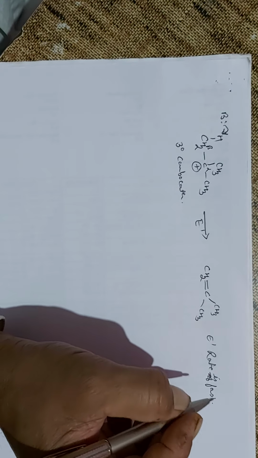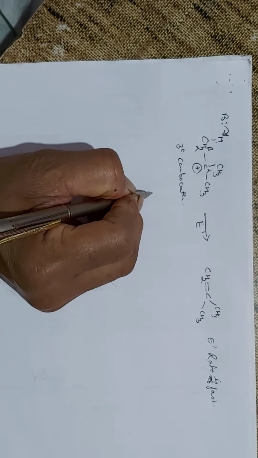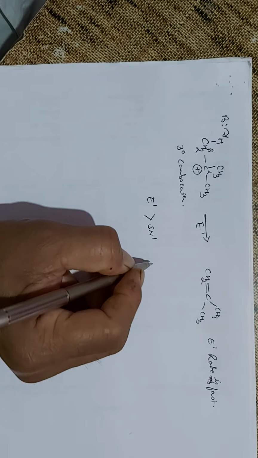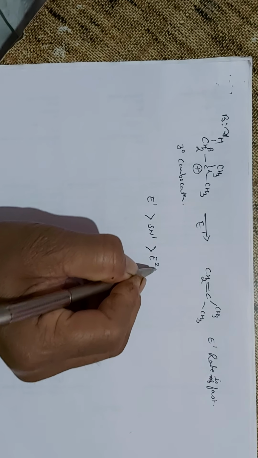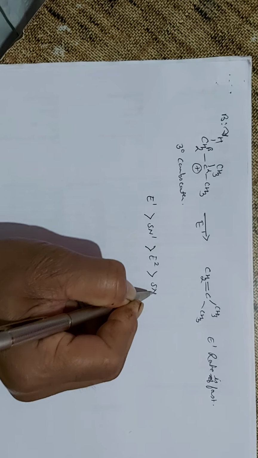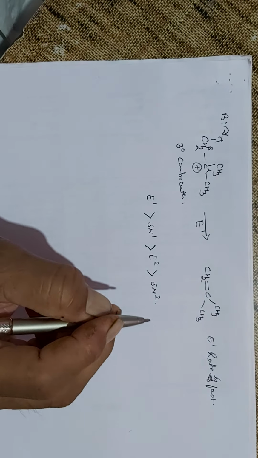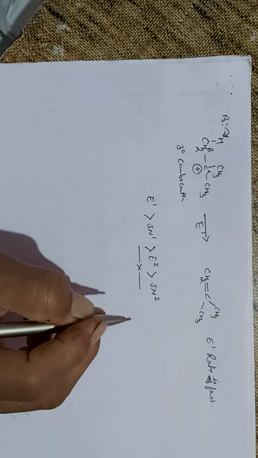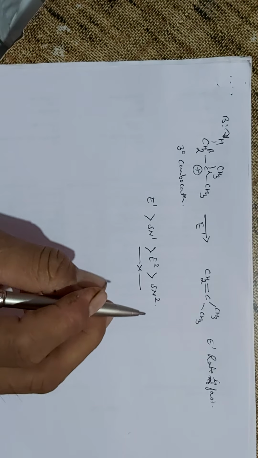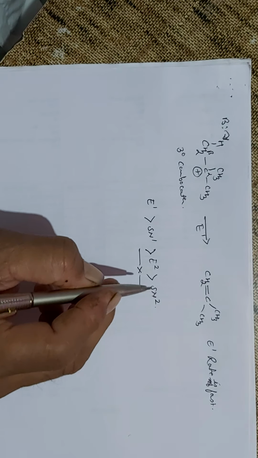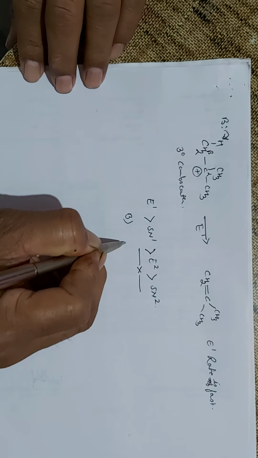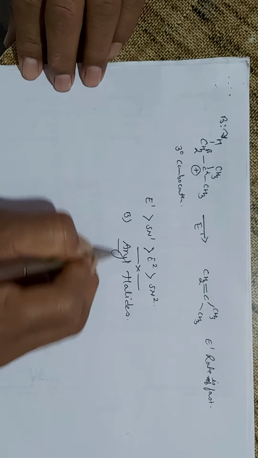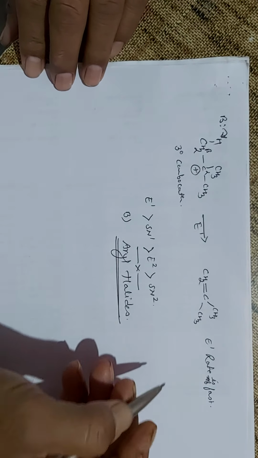And so in this way, if you compare all the reactions, E1 is faster than SN1 reaction, which is faster than E2, and which is faster than SN2 reaction. And so in this way we conclude the alkyl halides of this topic, and the remaining part, the next half of the topic that we are supposed to consider, is aryl halides. Now, what is the difference between the alkyl halides and the aryl halides?